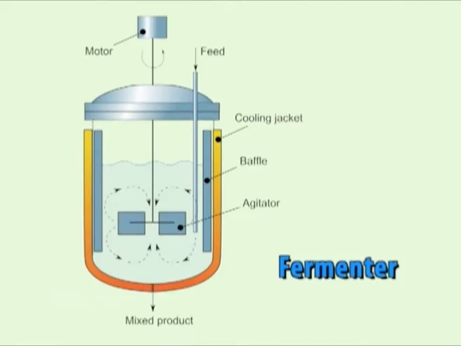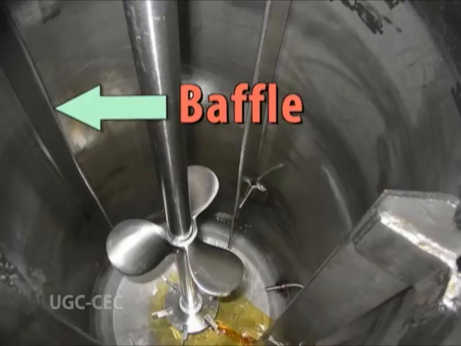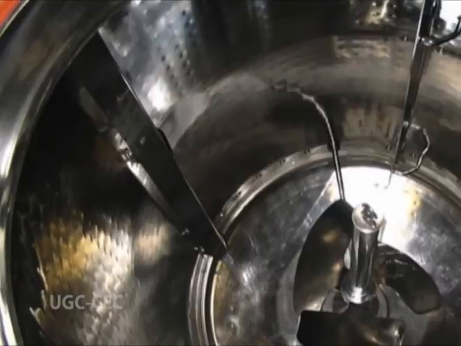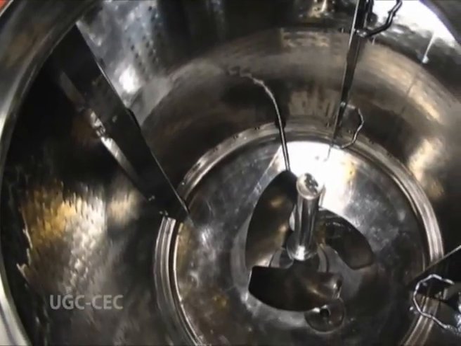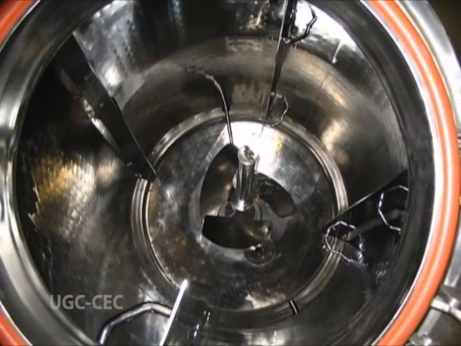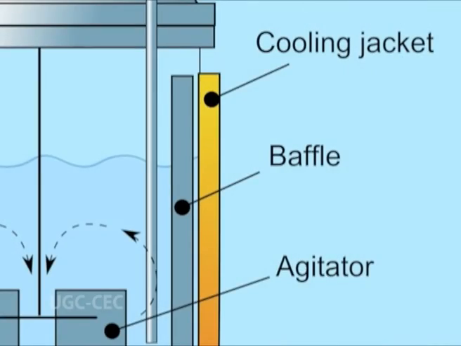Baffles are metal strips that prevent vortex formation around the walls of the vessel. These metal strips are attached radially to the wall at every 1/10 of vessel diameter. Usually 4 baffles are present, but when the vessel diameter is over 3 decimeter cube, around 6 to 8 baffles are used. There should be enough gap between wall and baffle so that scouring action around vessel is facilitated.